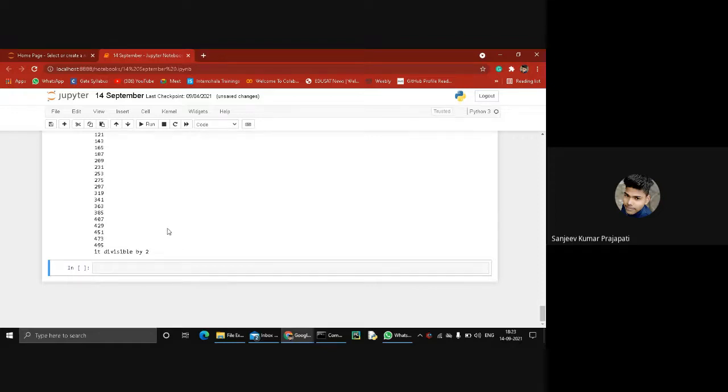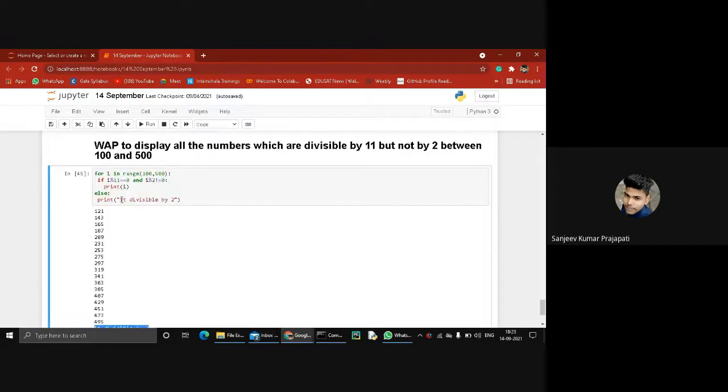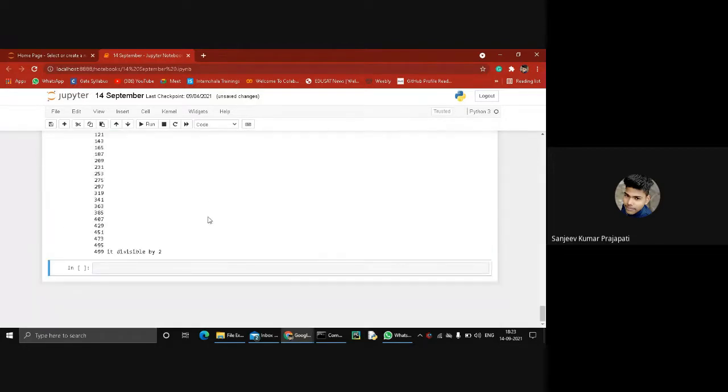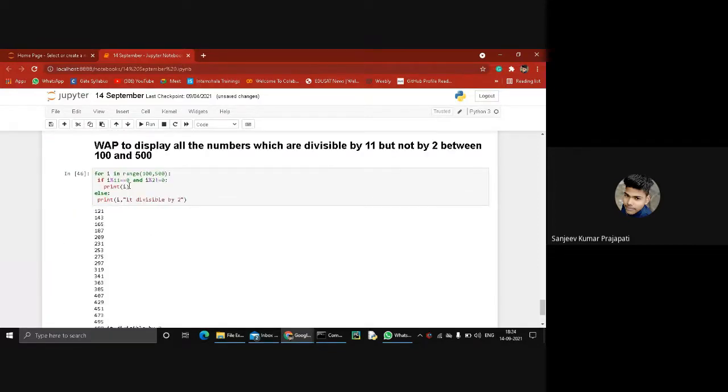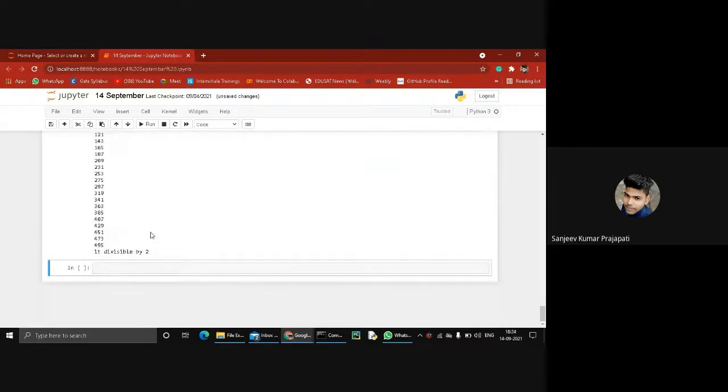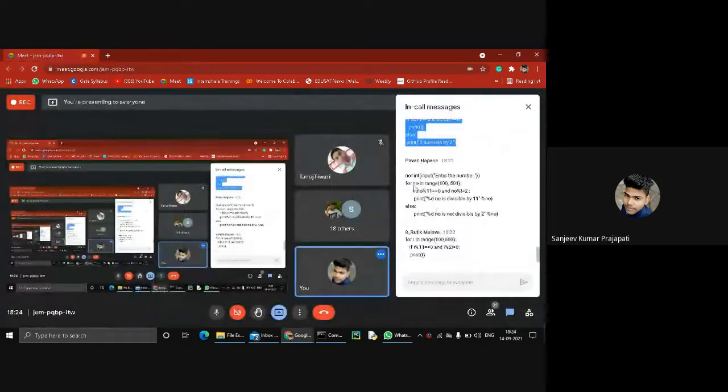It's a division by 2. What is the reason behind this? It's divisible by 2, and you also mentioned the value of it. So I think it's easy. Else. Okay, I think value is not an option. No, it's fine. Okay, import range. Okay.